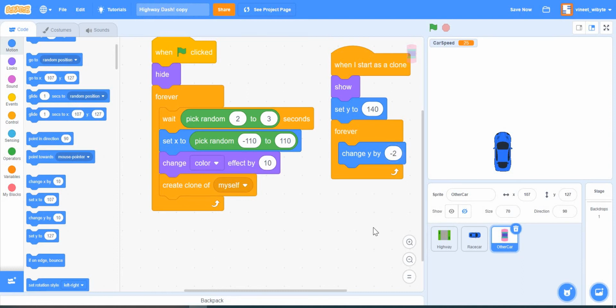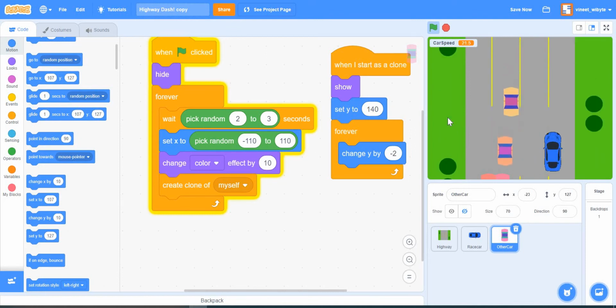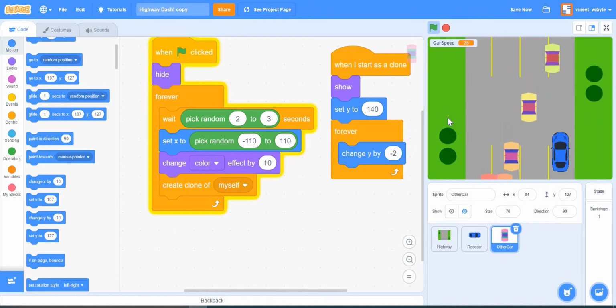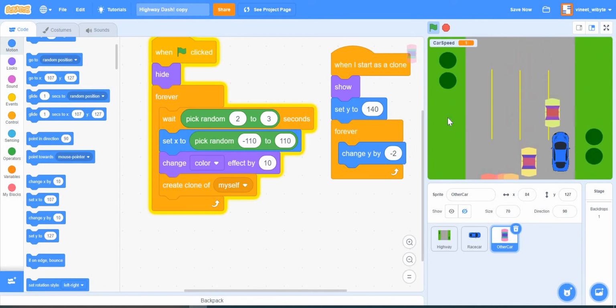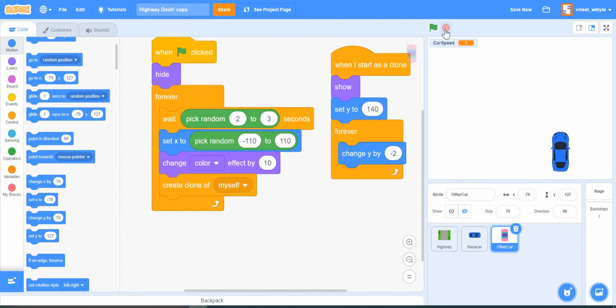Now the reason is because I want this car to appear from top to bottom, right? So notice this car is appearing from top to bottom, and when my car is also moving, it looks like I'm really overtaking these cars. These cars are coming down from the top, and it looks like my race car is going faster than them and overtaking them. When I slow down, of course it's going to hit this here, and that's the whole game. We have to avoid these cars as much as possible. So we want to create an impression that these are being overtaken, and for that purpose I just say each of these cars starts to come down by -2, right?